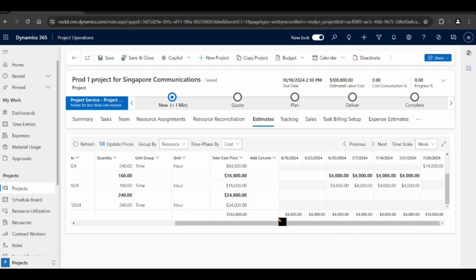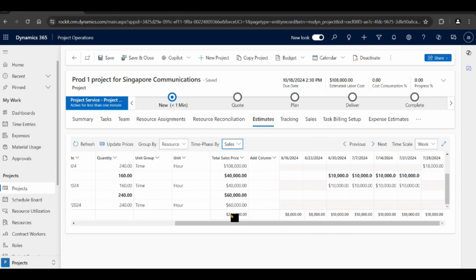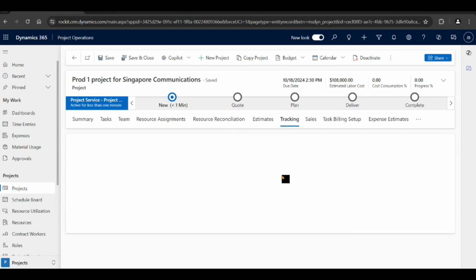Okay, total cost price I'm saying. Okay, and the sales price would be this much. So we will be charging 224 to the customer, right? So this is the tracking,